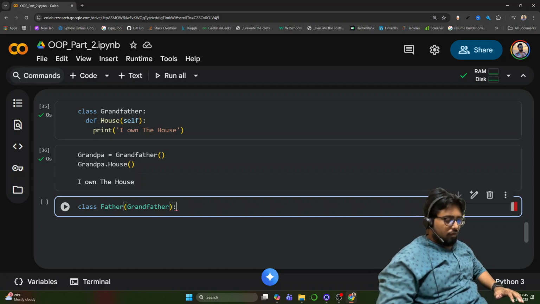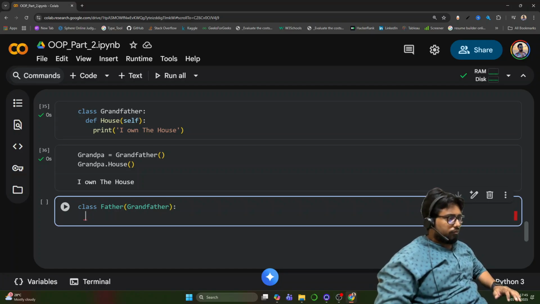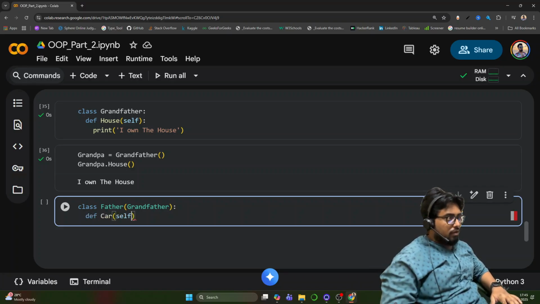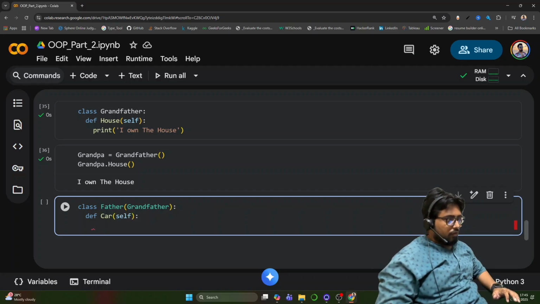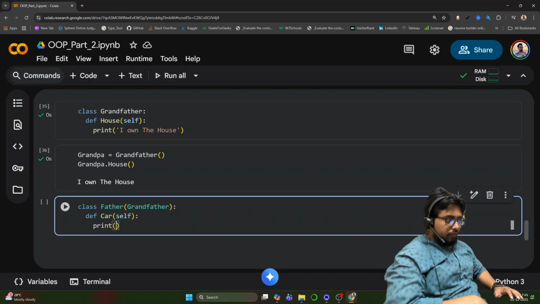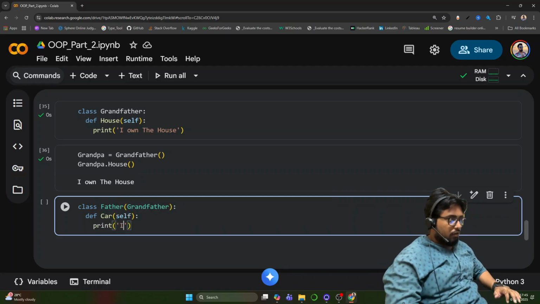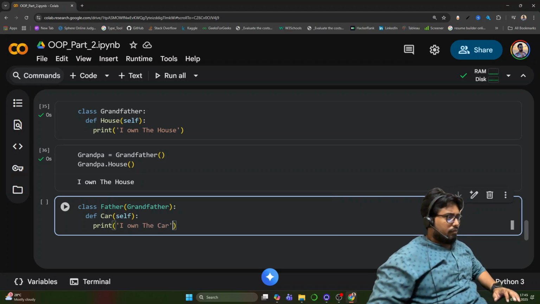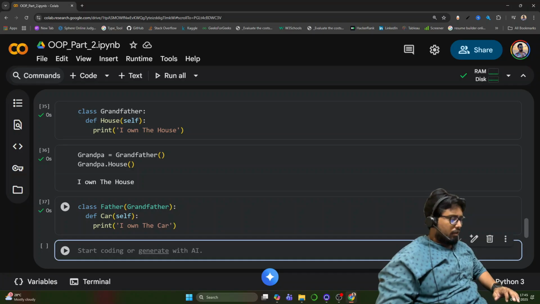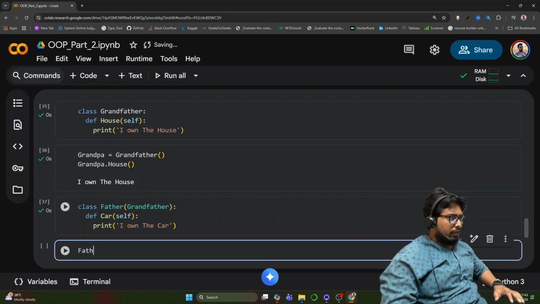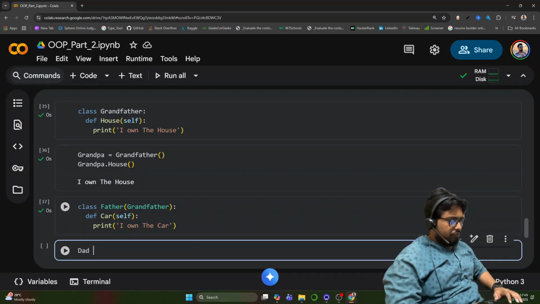Okay, def car, self, print: I own the car. Okay, now if I create an object called dad